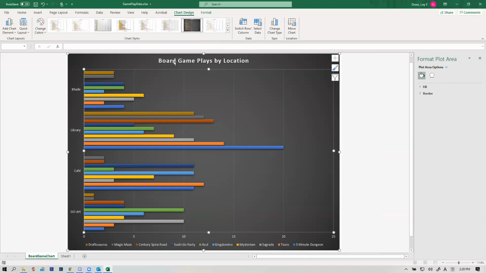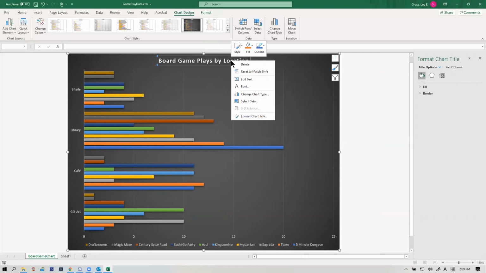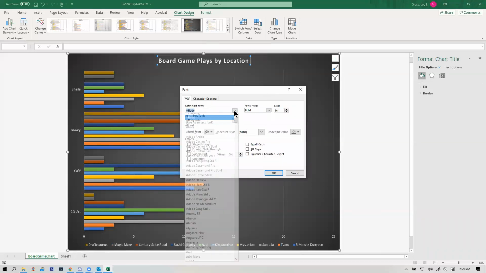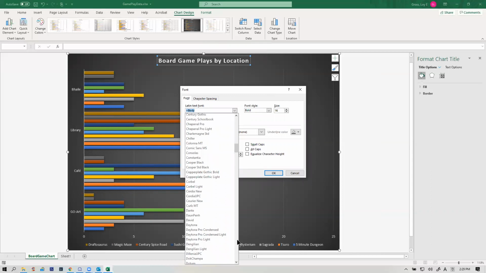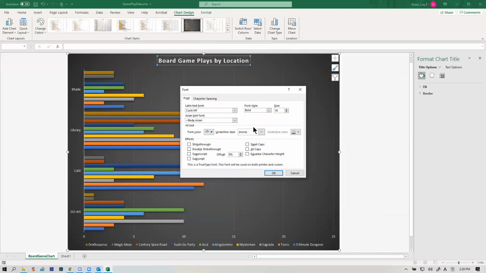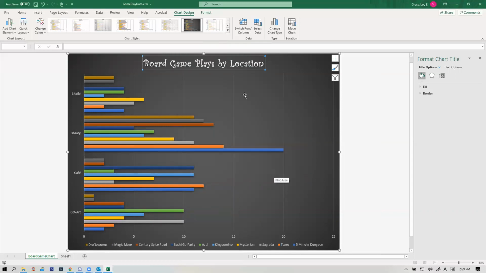So double click to edit, or I can also click on it and right click, and now I can change various items. I can change the color, I can change the font. Let's change the font. Let's make the font something really fun. Oh, I don't know, Curlz. Curlz sounds good. And let's make it much bigger than 16. Let's make it 24 and give it an OK. And now it's changed the font. And notice that Excel has moved everything around to make room for the changes that I've made. So any element of this chart, you can do the same thing.